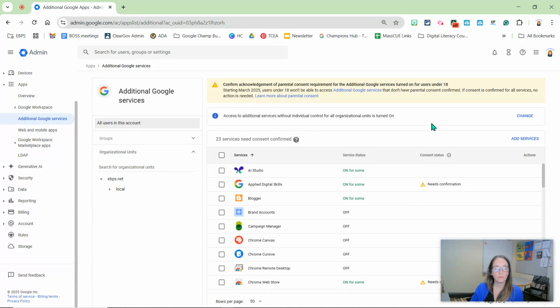And this is an overview of what an account will look like with the additional Google services all turned off. So this is in response to the March 2025 deadline of having those additional Google services with parental consent kept on or turned off. So we have a test account that we have turned all those Google services off, and